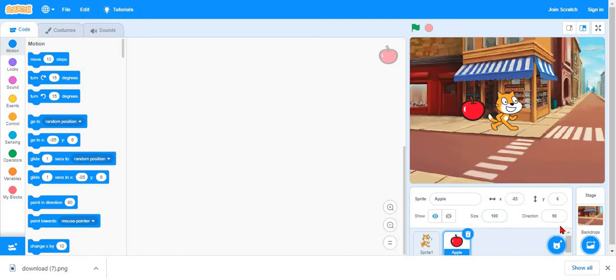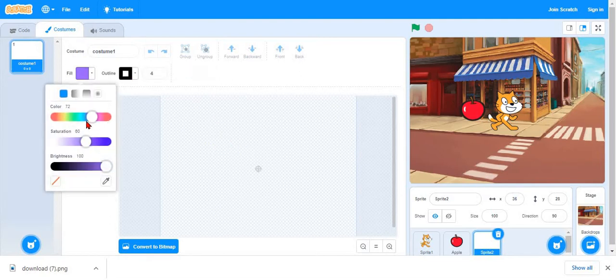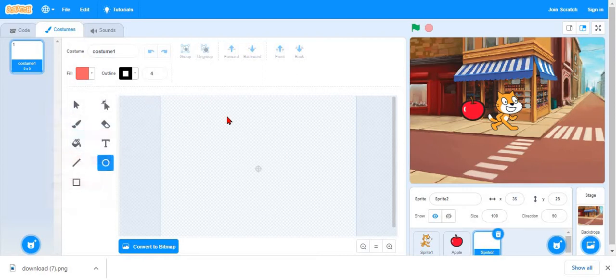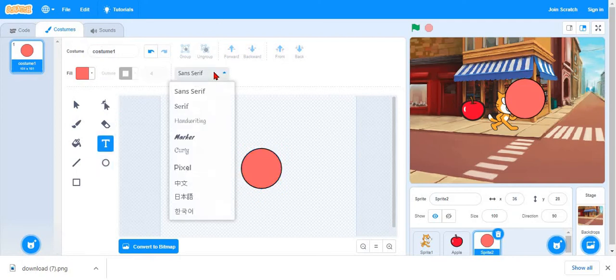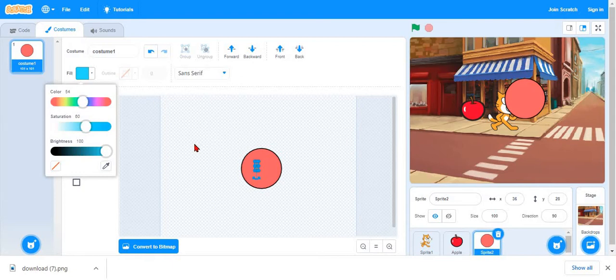And if you want, you can draw a character like this. I'm going to use a circle. I want a proper circle, so I'm going to hold shift and click the mouse and make a proper circle. Then I'm going to take the text tool and go here. You can choose any font. This is the default, like S and all.